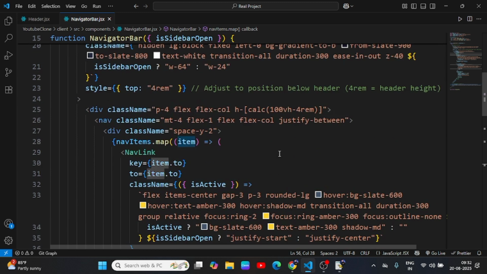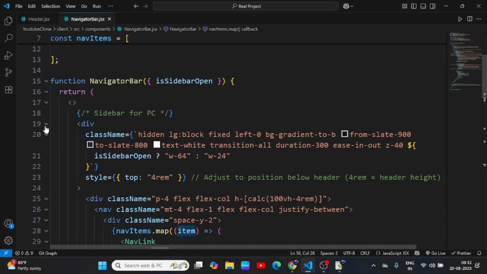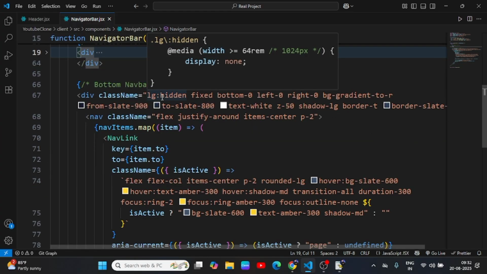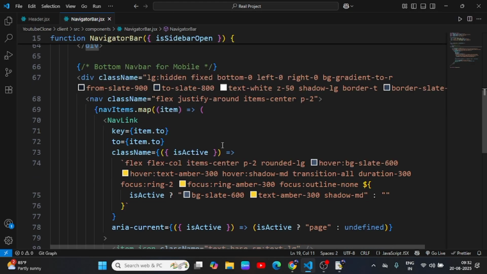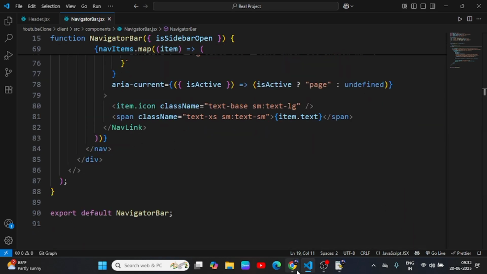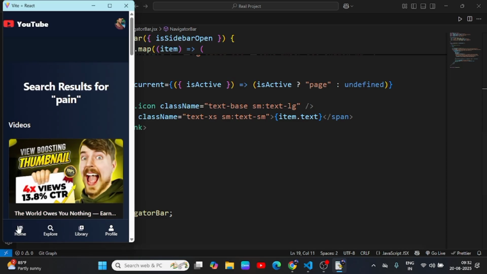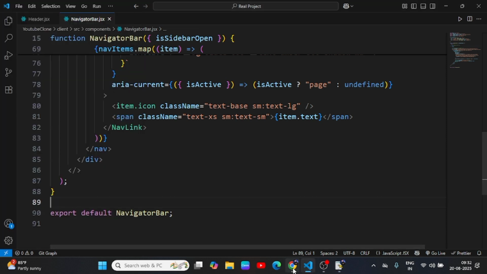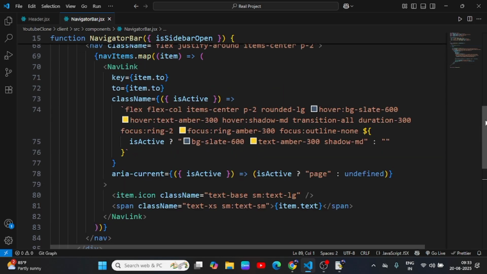this is for the PC version, and now I'm going to work on the bottom nav bar. Similar thing, guys. I'm just hiding it for large screens. You can see hidden for large, and just navigate, similar things, nothing else, because I'm just showing you. If you click on it, now you can see this, right? Just the UI is different, but the logic is the same. This is the navigator bar,